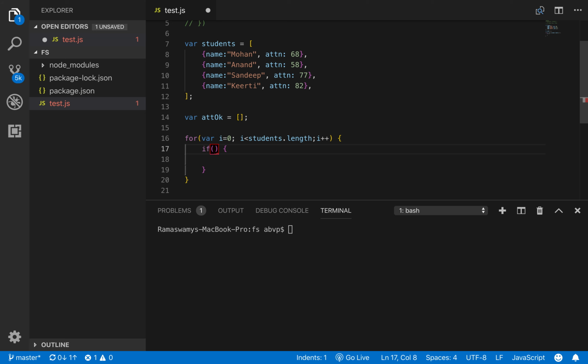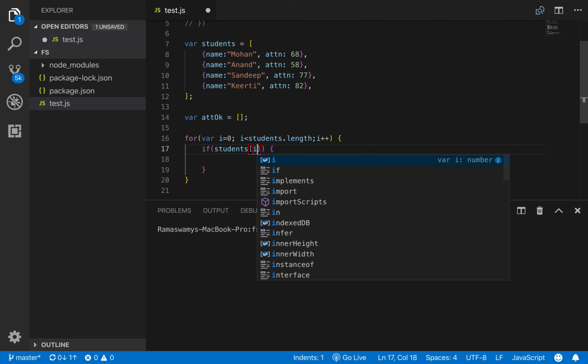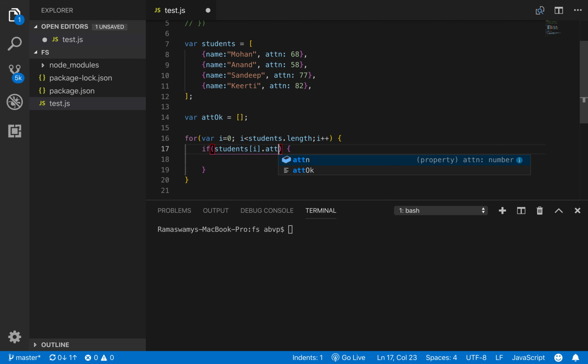So if students of i dot attendance is greater than 65, so if the condition is true, let us insert the student into the empty array attendance OK.